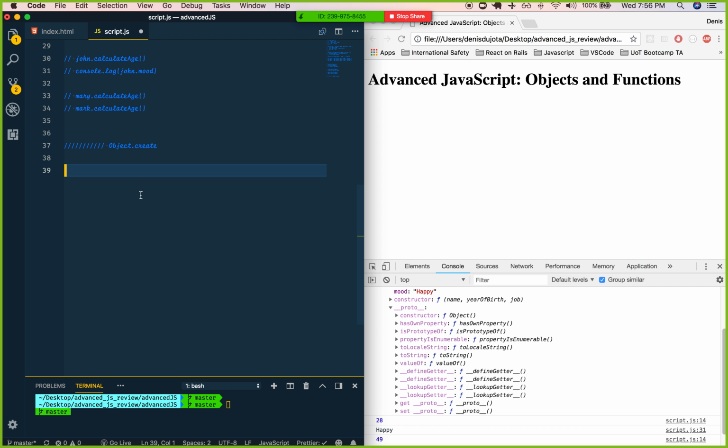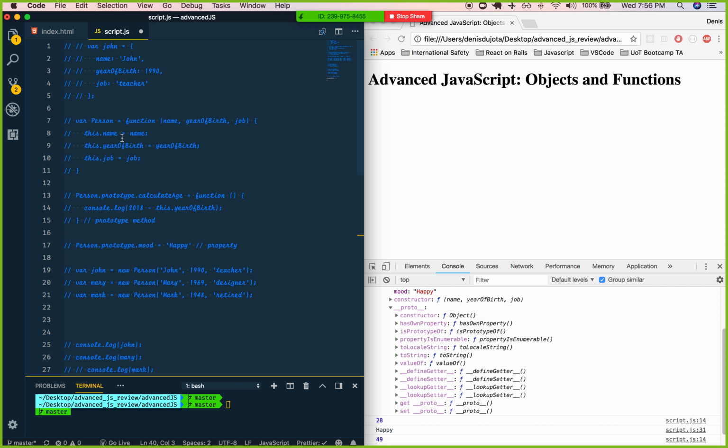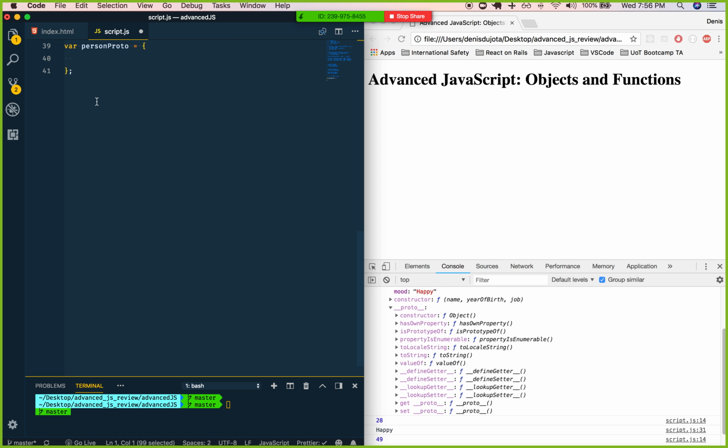So let's say Object.create, let's start off with a person proto. This is just arbitrary here, right? And how it works is it literally makes an object. So it accepts an object. This is very similar to this up here. You remember this? Right? So what it actually does